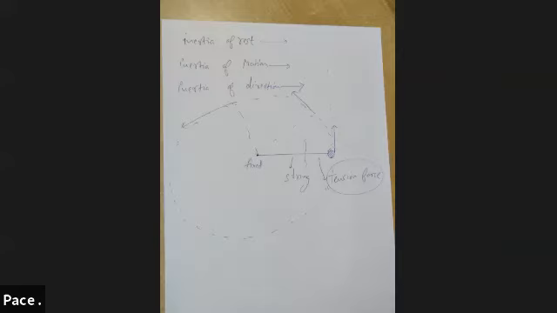So Newton's first law states that a particle will remain in a state of rest or motion until or unless some external force is applied. If something is moving, it will keep moving, and if it is at rest, it will stay at rest, unless or until some external force is applied. And as soon as we apply that force, definitely motion will change. The particle's velocity will change. The particle will get some acceleration because force will come into the picture, and that will bring acceleration. And because of acceleration, the particle's velocity will change.